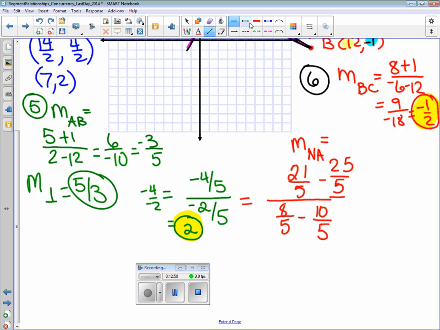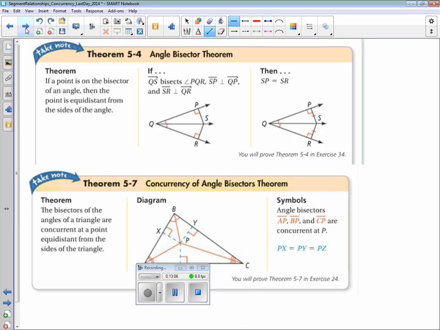But I want you to copy down a couple of theorems on here, and I'll check for homework while you're doing that. But in your triangle flip book, we need to add both of these theorems under the angle bisector. So under angle bisector, you're going to write both of those. Okay? Now, is it important to write everything? I just wrote the if-then statement and then the diagram. Okay? So